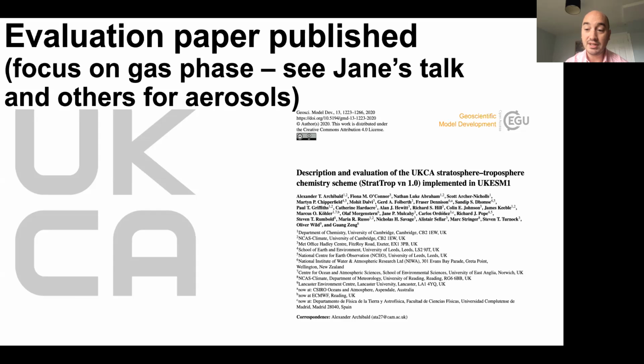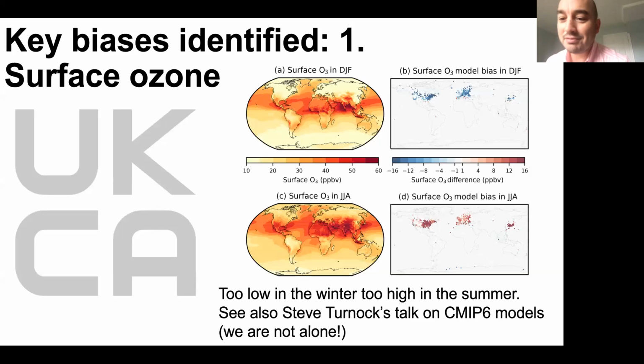on UKCA strat-trop chemistry, because I think there are some important aspects of the representation of some processes in the model that are worth highlighting to this community. And I've started off with what I think are some of the less good aspects that come out through model evaluation. These plots came from Steve Turnock. He's done an excellent job of analysing surface ozone in UK ESM,